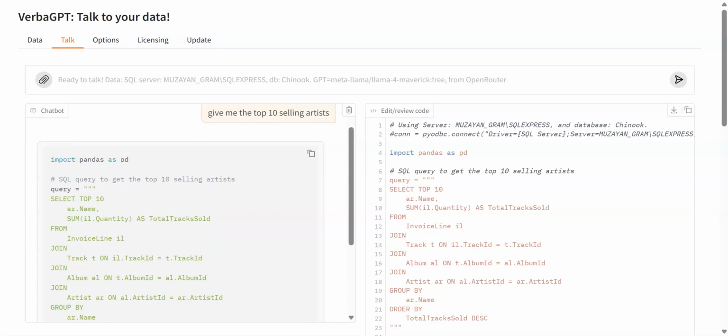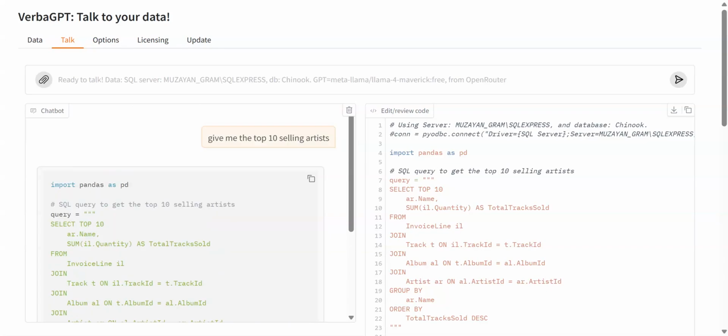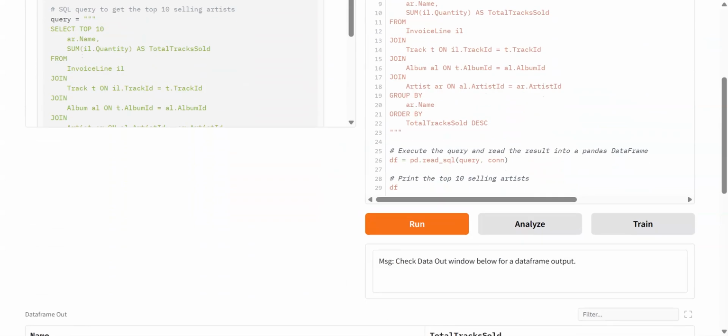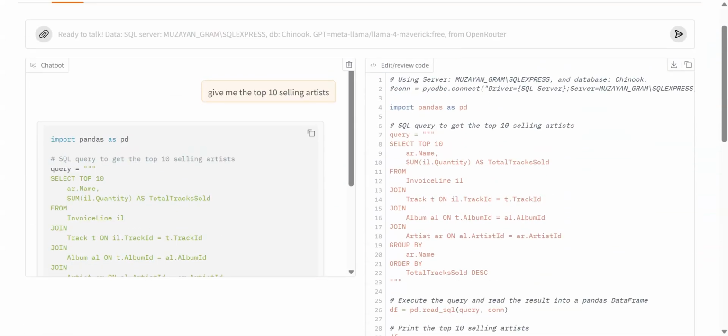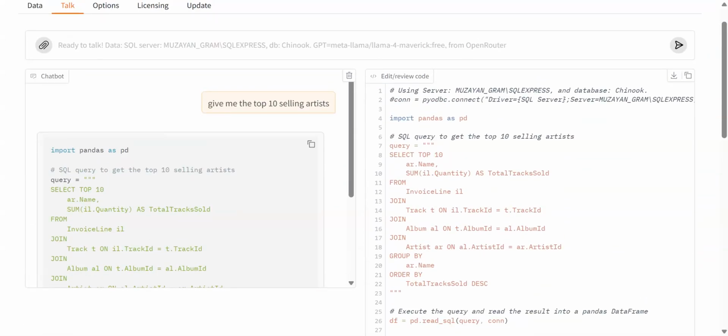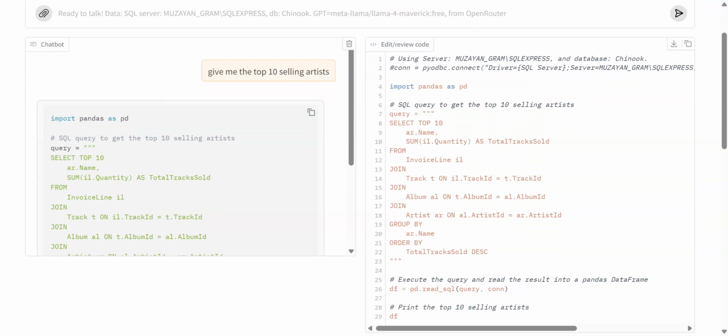So I can just ask a question in natural language: give me the top 10 selling artists. It writes code that, even if you don't know coding, is sort of readable. Even if you're not totally familiar with SQL, you can say, oh yeah, it's kind of doing what I would expect it to do,